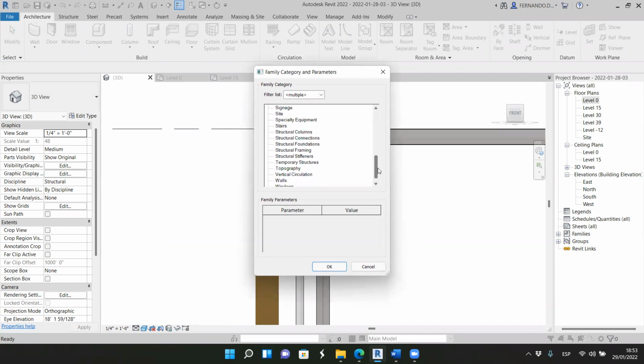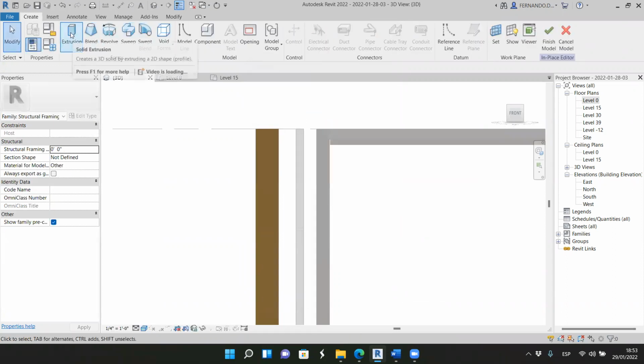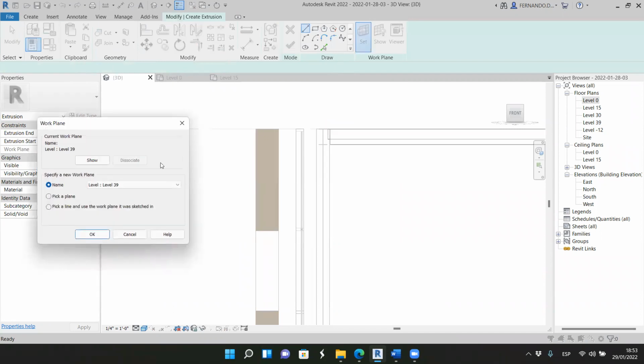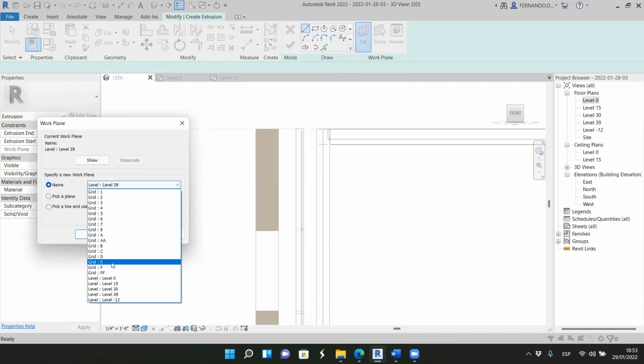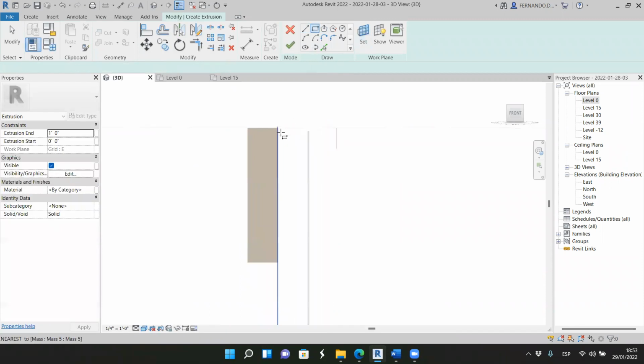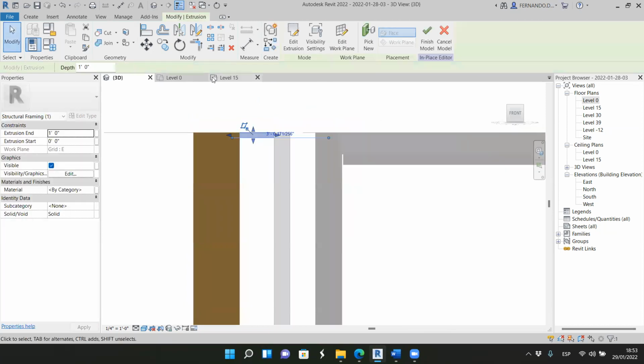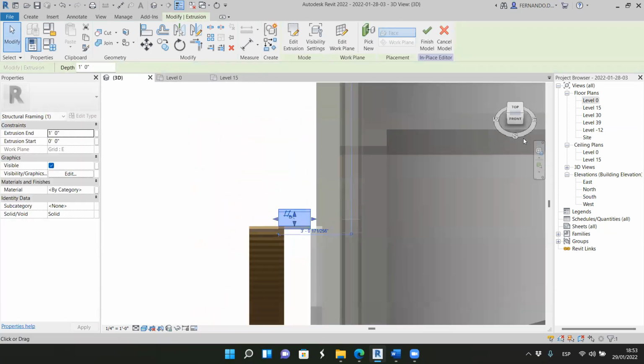This is a structural framing, and I'm going to use extrusion. I'm going to set the plane on grid E, and I'm going to use a square, and I can connect these to the curtain wall mullions, for example, something like this. I finish, and then if I rotate,